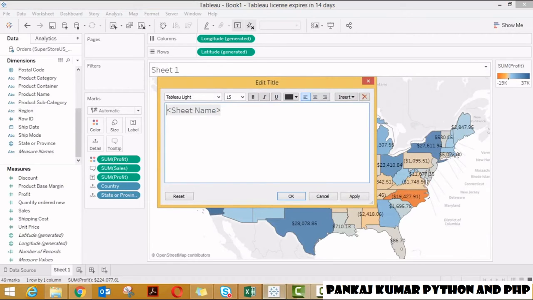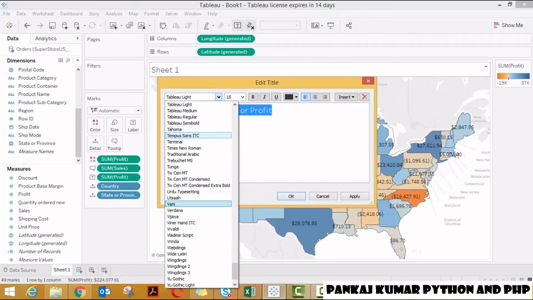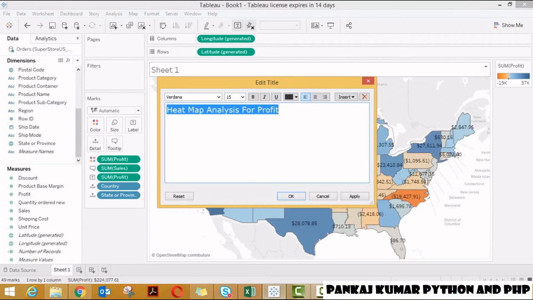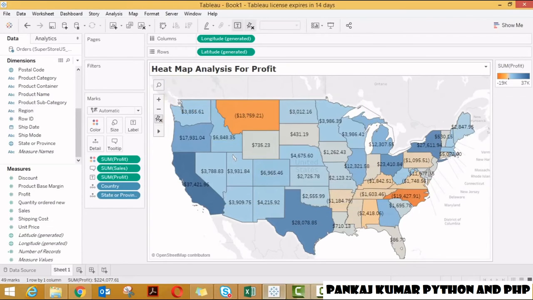So let us do this: heat map analysis for profit. Okay, so let me just change the font. This is my Verdana, and I want it in bold. Okay, yes, so guys, I should have the title on the top of it.